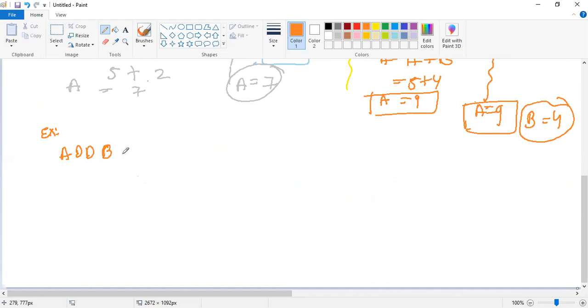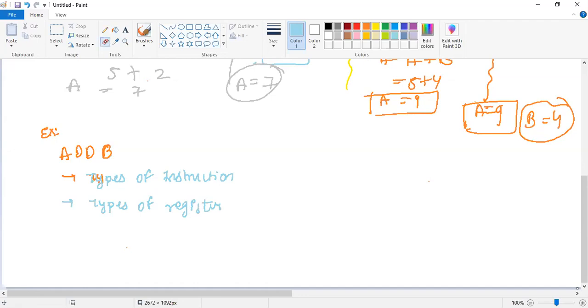Okay, add b. So first of all, you have to give them the explanation. Add b is an arithmetic instruction. Like which type of instruction? Just write the point here. Like the type of instruction. Okay, then the type of addressing mode, it comes under the register addressing mode. Then you have to just write in 1 to 2 lines why it's a register addressing mode.